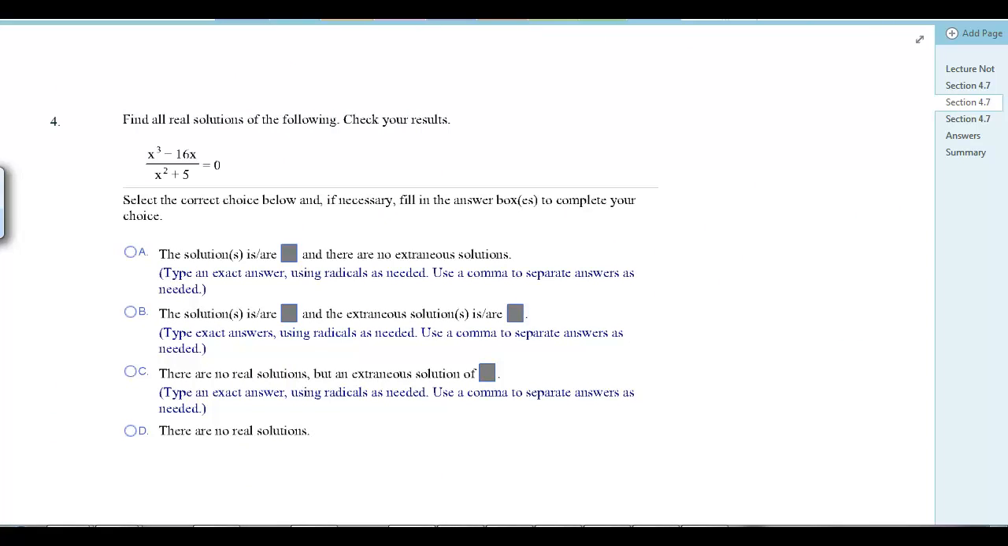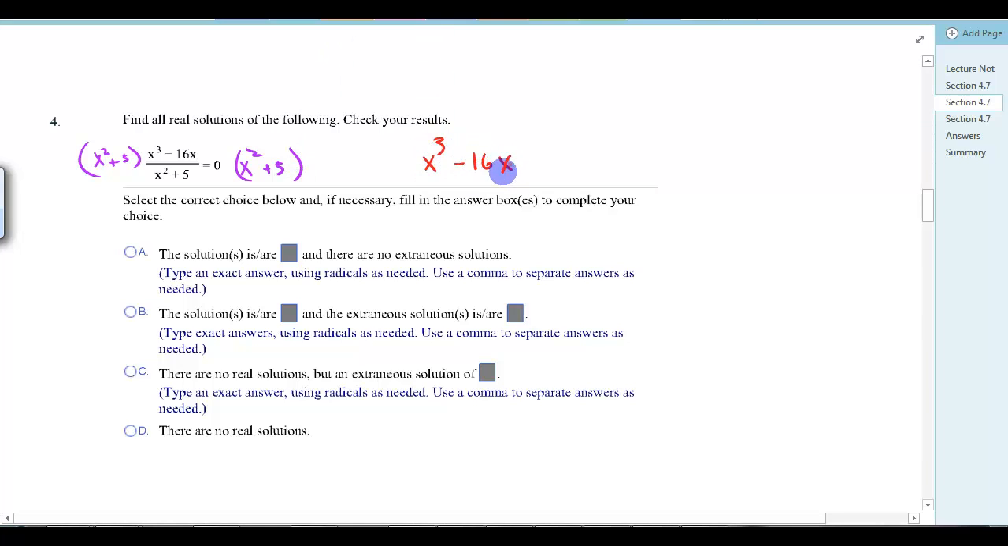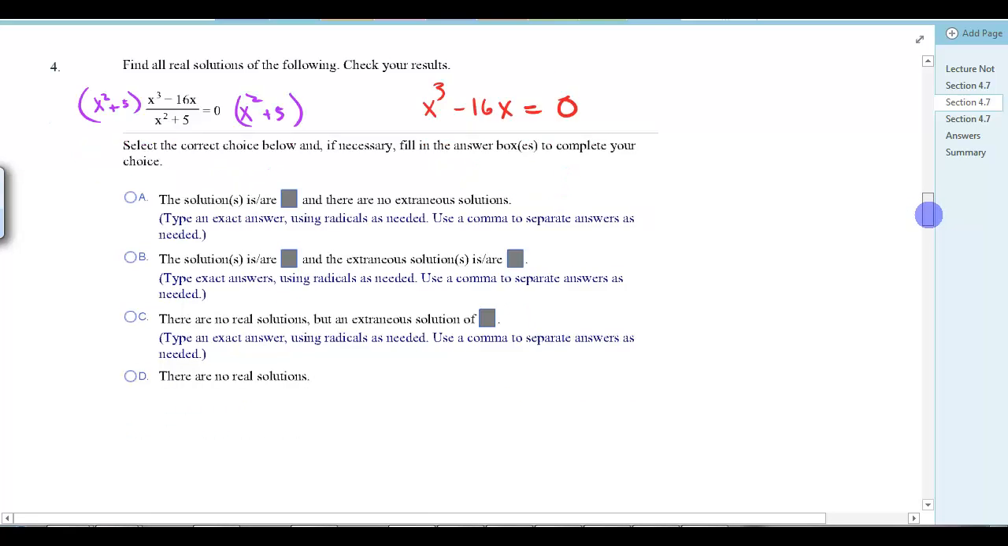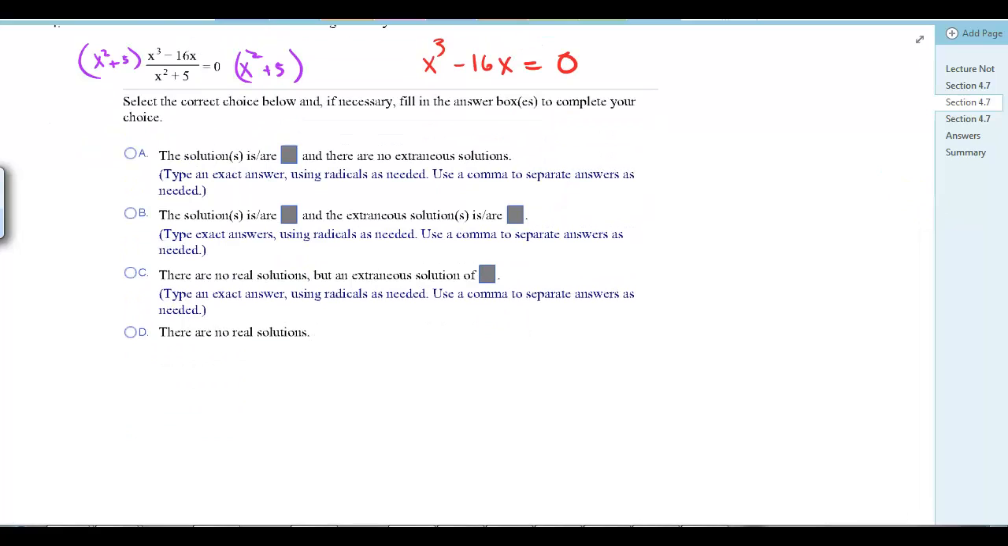On this one, same idea as the one before the last question. If we multiply both sides by x squared plus 5, we end up with x cubed minus 16x equals 0. All right, so that's what we're going to work with. We're going to solve that. All right, if we solve that equation,